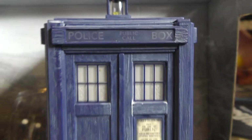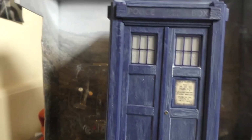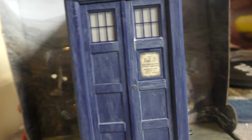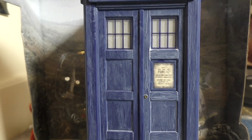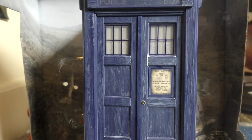But the main thing about this TARDIS, which makes this one so special, is that for the first time in a long time, and the first one that I own, we have a classic TARDIS which lights up. So you just flick the switch underneath and